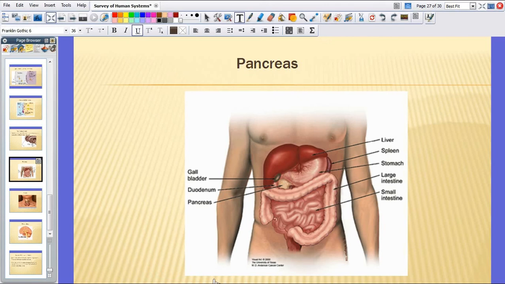The second hormone is insulin. Insulin is the reverse of glucagon. When there's too much glucose in the blood, insulin is produced. This allows the body cells to remove the glucose from the blood and lower the glucose level. Again, the target cells are the liver and the muscle cells. Glucagon and insulin work together to regulate the amount of glucose in the blood.